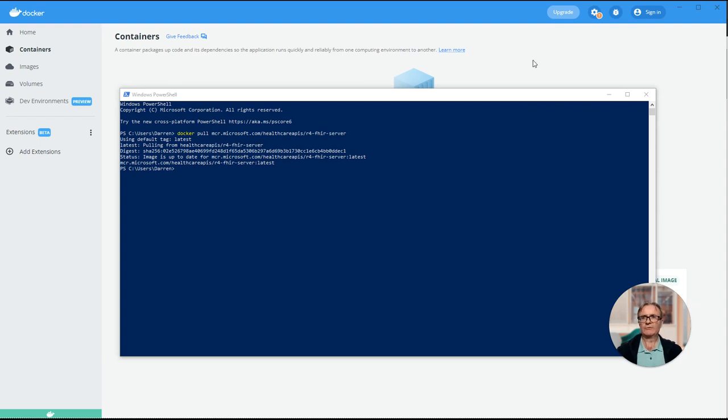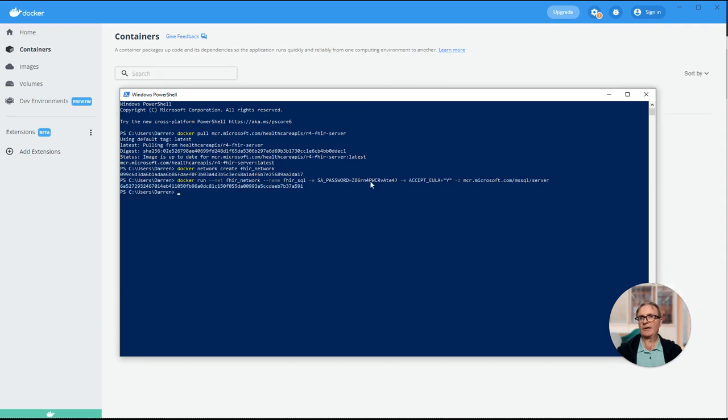Command number 2 will be to create the FHIR network. That's created. Command number 3 will be to run SQL Server. And you can see there's a password there for SQL Server. You can use the one I've created or create your own. It may take longer to run on your machine than on mine because I already had SQL Server installed. But it is quite a large download, a couple of 100 megs, so maybe it'll take a minute or two